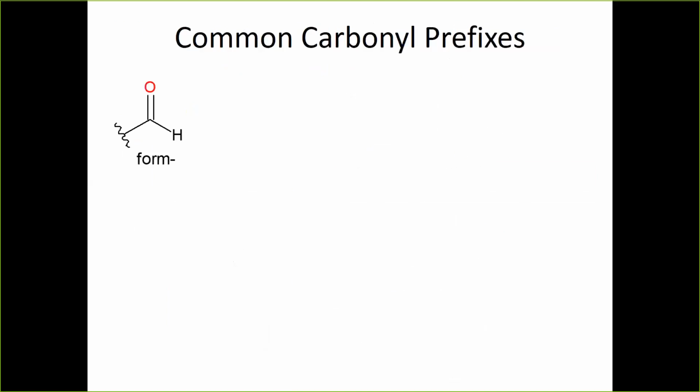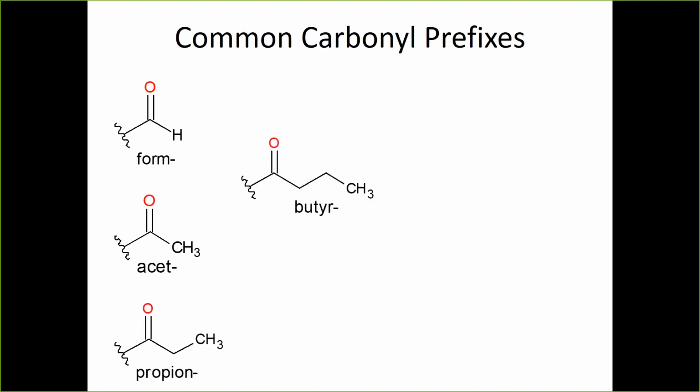All right, so these prefixes for carbonyls also have special names. Here's one that's just the carbonyl itself with a hydrogen attached to it, so it's an aldehyde, and that is a formyl group. The next analog out would be acetyl, and then you'd go on to propionyl. Butyryl would be the next one, and 5 is not pentyl, unfortunately. It is valeryl. So again, that has a common name that you just have to learn. I don't know why 5 carbons are always special, instead of being isopentyl, it's called amyl, and why the 5 carbon here is called valeryl, but 5 carbons somehow always have their own names.